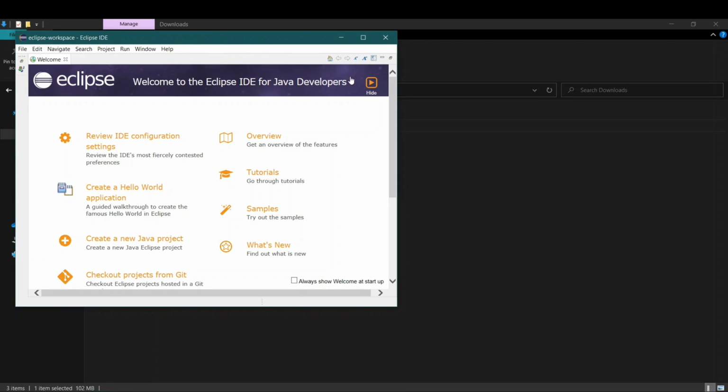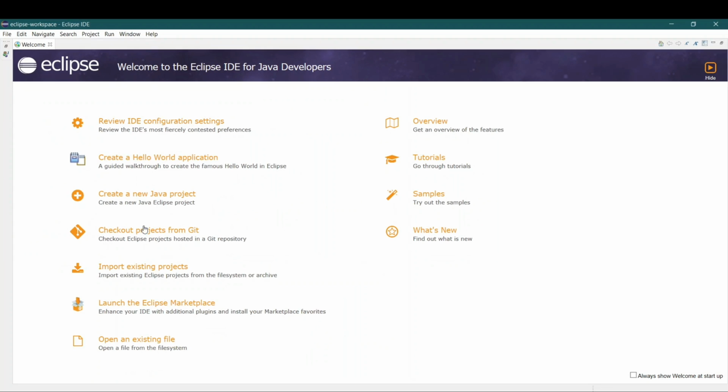Okay, so this is how Eclipse looks, and we can just click on create new Java project or hello world application, that is Android application. Then we have Git support here. You can also import an existing project or open an existing file. If you click on this, create a new Java project,